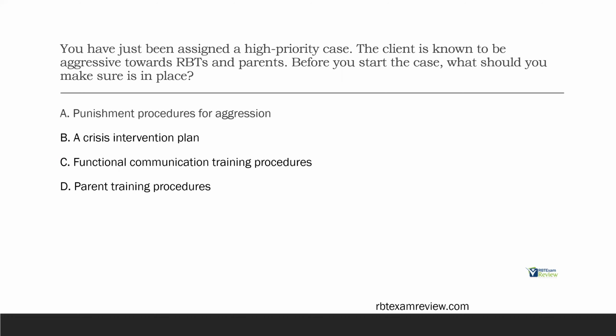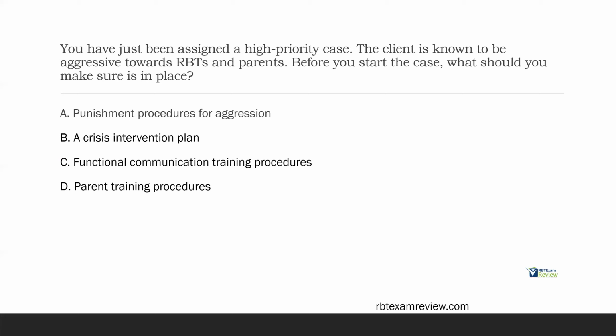You've just been assigned a high priority case. The client is known to be aggressive towards RBTs and parents. Before you start the case, what should you make sure is in place? Okay, so you know the client's aggressive, okay? So what do you need to be sure there is in place or is written before you start? Is it A, punishment procedures for aggression, B, a crisis intervention plan, C, functional communication training procedures, or D, parent